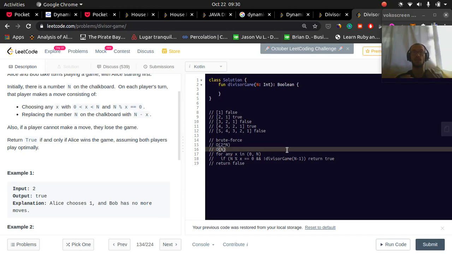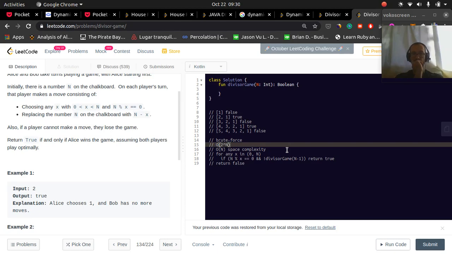So if we have to call 0 to n minus 1, we have to call Divisor Game 1 to n minus 1 times. So there's going to be n calls of Divisor Game on the call stack. Man, let's think about